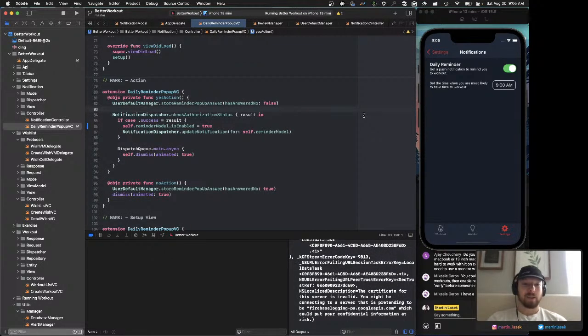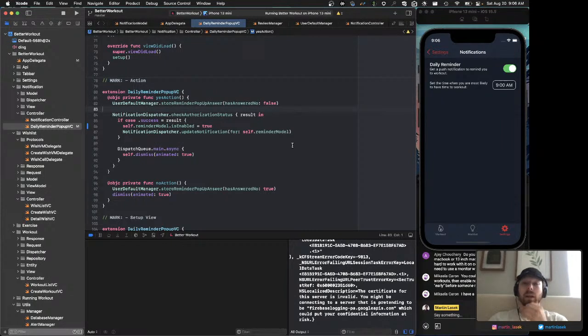You could ask after like 3 workouts, then enable notifications. Yeah, exactly. That was my thought too. So here's the thing. I'm gonna ask him after the second launch of the app, and if he says yes, cool, we're set. If he says no, I'm gonna remember he said no, and I'm gonna count the times he finished a workout, which means he is actually doing workouts regularly. I'm gonna count every finished workout, and if he finished it 2 times already, then I'm gonna ask him again, because then I feel like, hey, you already did 2 workouts, so it seems like you're building a routine. Do you want a helper for your routine, like the reminder? And then if he says no,